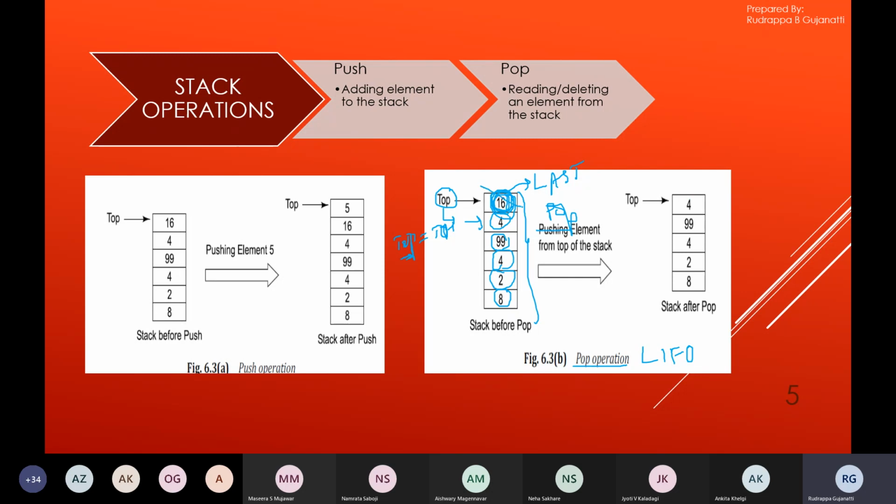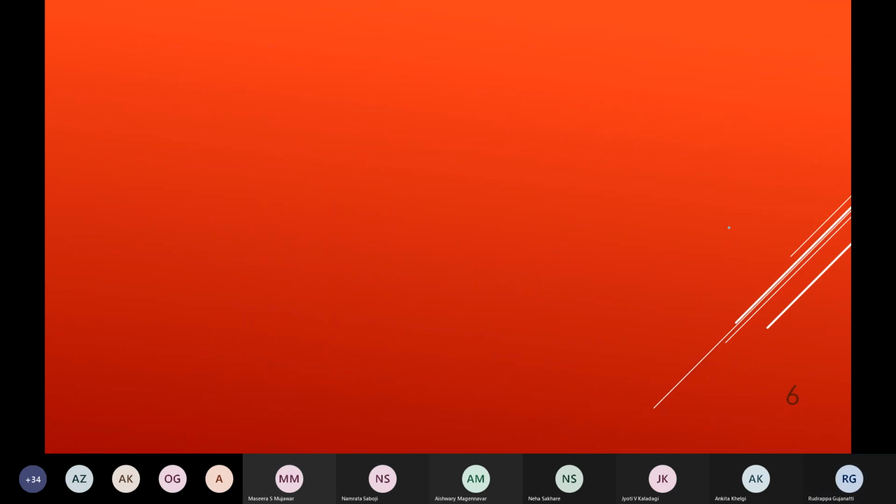By this you are deleting the element which is on top of the stack, that is the element which was added last in the stack. This way top will be pointing to 4 once the pop operation is performed. So this is what is happening when you're performing the pop operation.